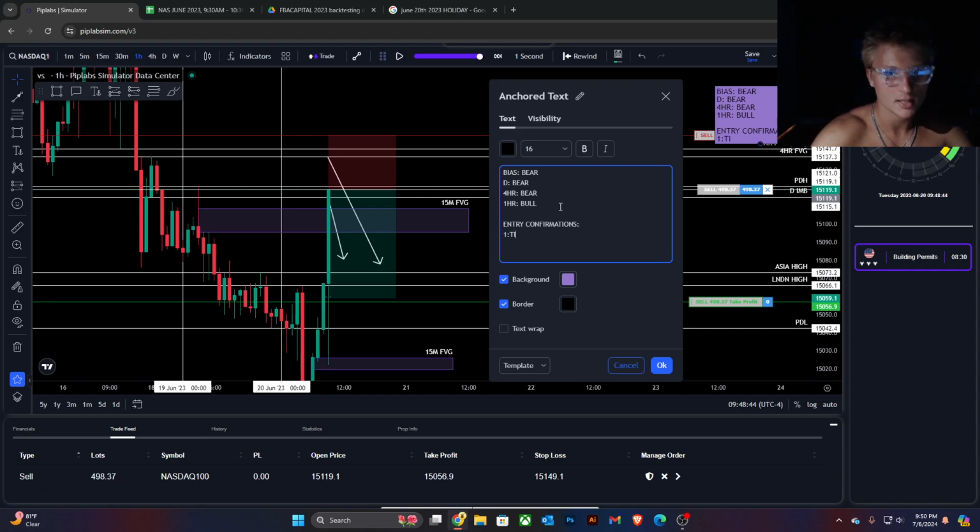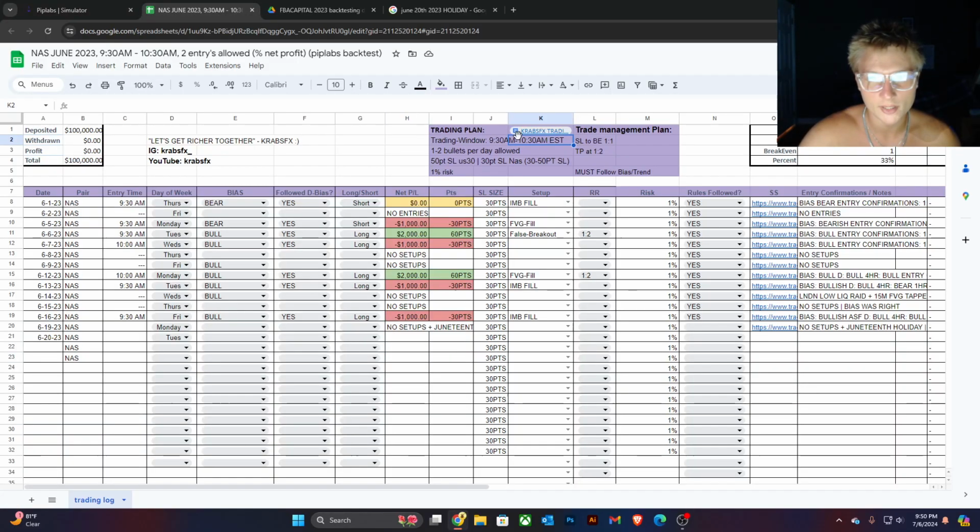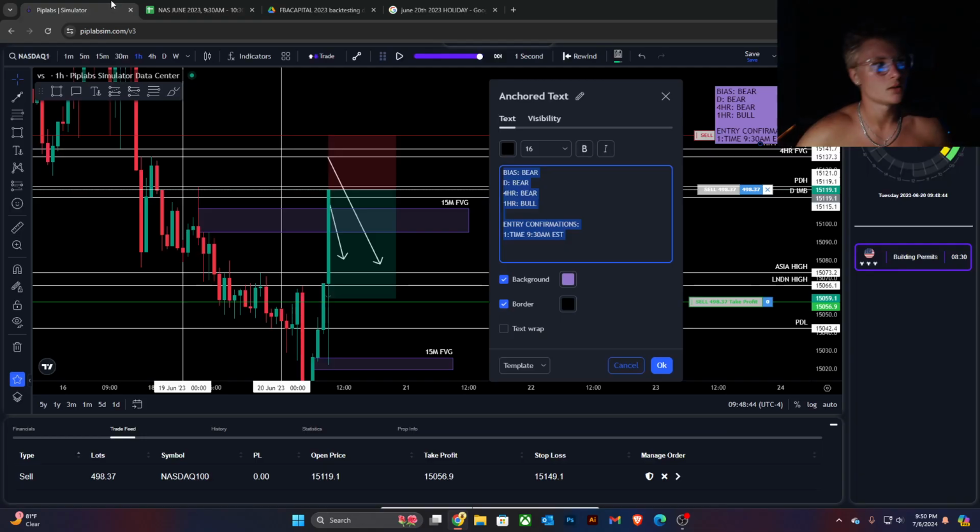Number 1 being time, as always. It's 9:30 a.m. Eastern Standard Time, which is part of my high probability trading time. From 9:30 a.m. to 10:30 a.m. is my trading window, where I look for high probability setups on these indices, NASDAQ and US 30. But yeah, right here we got time. Number 2,